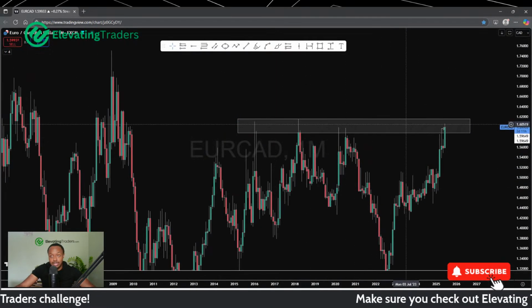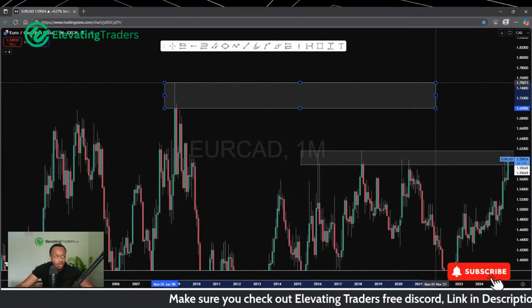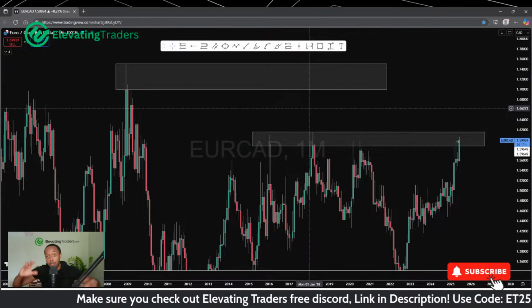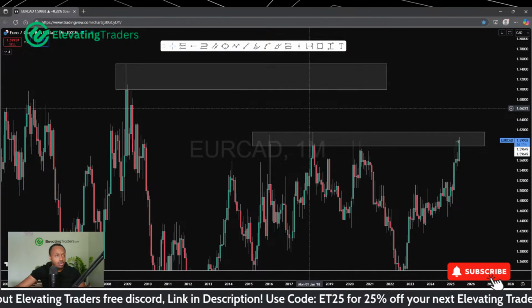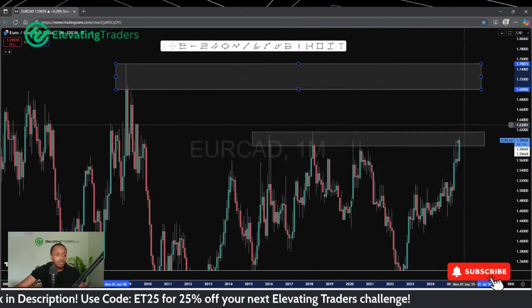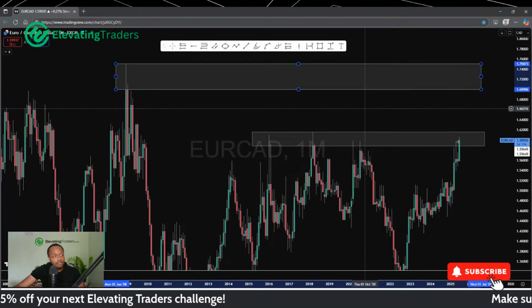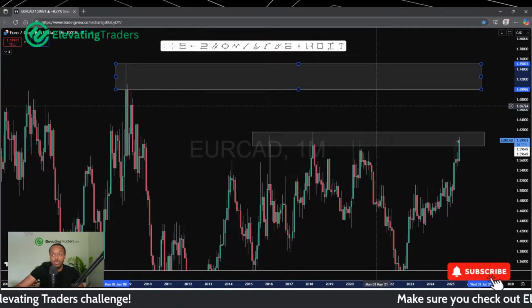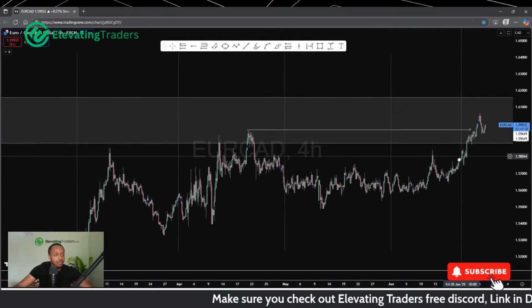But for now, we are testing resistance. There's, of course, resistance above us. Price is not guaranteed to respect this area just because it's a monthly level. Doesn't mean price has to respect it. Monthly levels will break as well. There is resistance above us here too. So if there is a breakout opportunity, there could be a big trend continuation and maybe a push back to 1.72 could be the play. So I would keep an eye on that. But for now, we are testing monthly resistance.